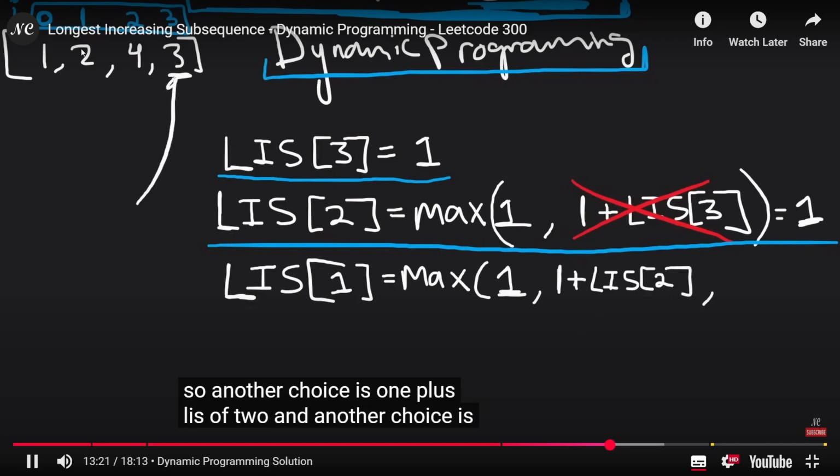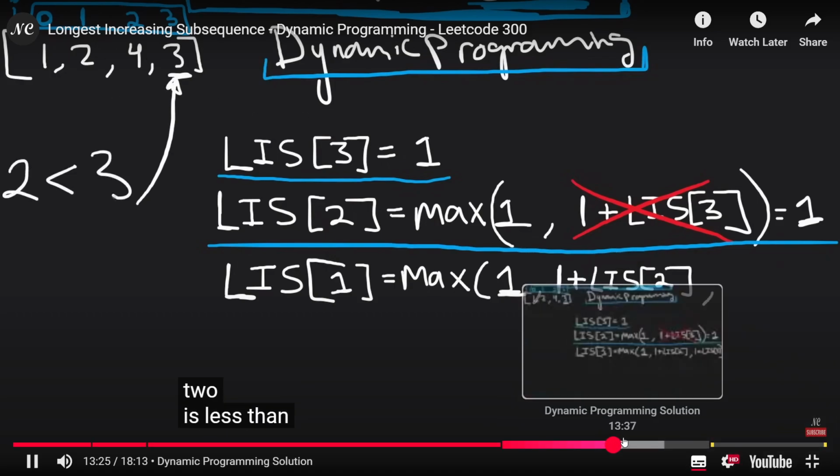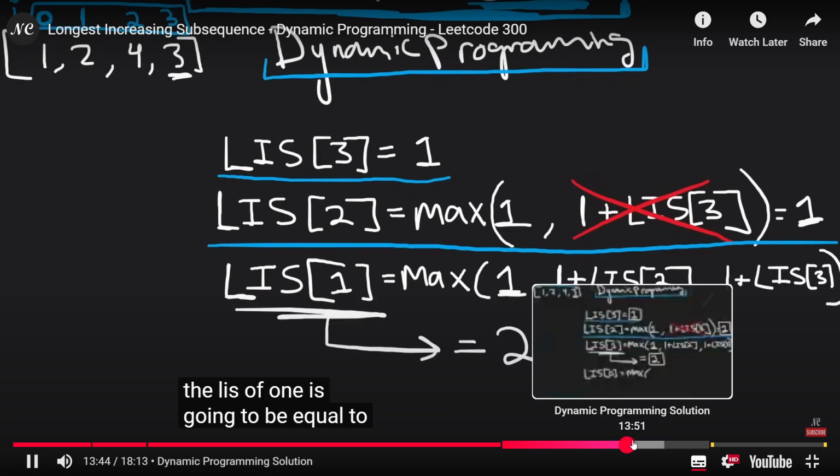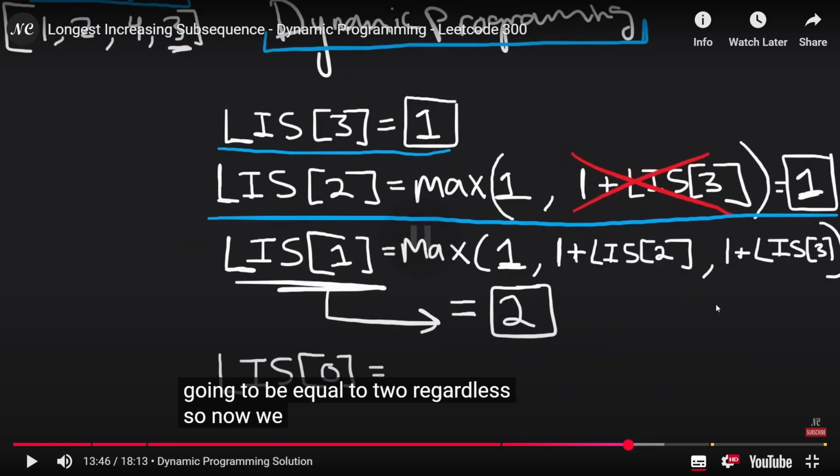And another choice is LIS starting at index 3, because 2 is less than 3, right? So now we want the longest